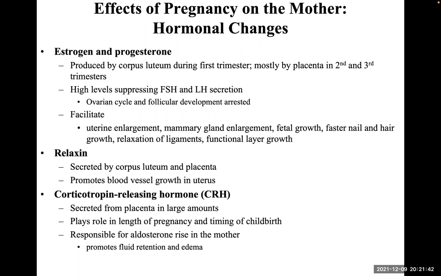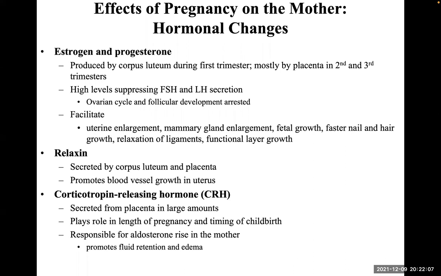I mean, you wouldn't want to be 3 months into a pregnancy and then have a fertilization of a secondary oocyte and have pregnancies that are at different developmental stages. That wouldn't be compatible with propagation of your species, right? So having those really high levels suppresses ovulation, so you don't get pregnant